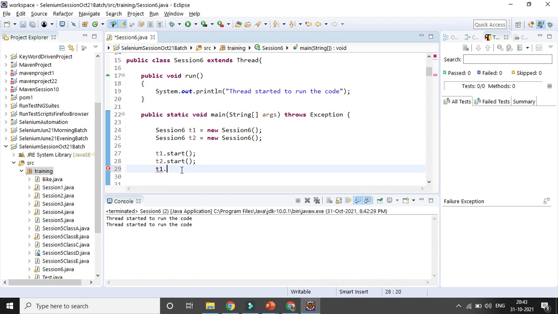Actually, threads will be used for parallel testing, right? Because if you are using only one thread, you can run only one OS and browser combination, but you would require multiple threads to run multiple browser and OS combinations at the same time. So that is the use of multi-threading. Unless you implement multi-threading, how will you do parallel testing, in case it is required, in multiple browser and OS combinations?